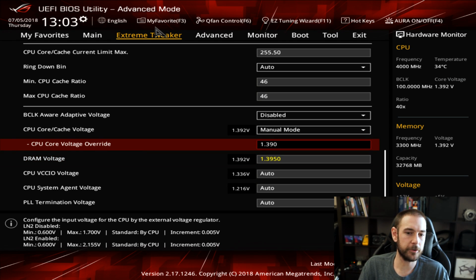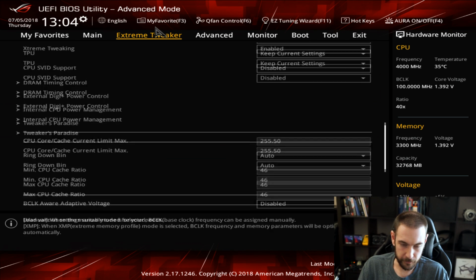So CPU core voltage override, my final value here that I was able to achieve for my particular clock speed was 1.39 volts. Now, if you watch my previous video where I shared the results of delidding, it actually goes into the details of what voltages I was needing for each clock speed to be stable. And of course, we will be doing another video later on explaining how to test stability and stuff like that as well. But what I would suggest here is starting off with a voltage of 1.3 volts,